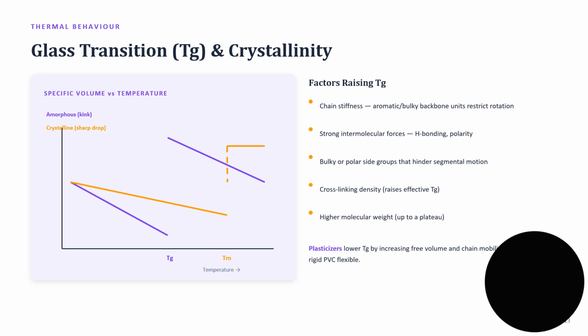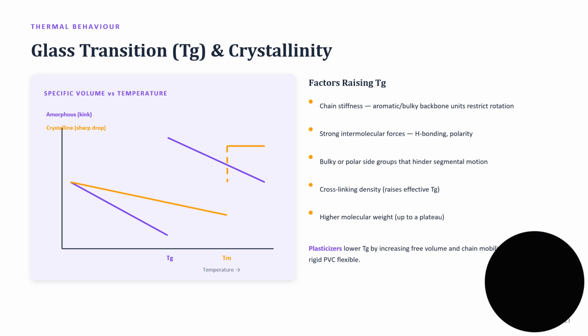Chain stiffness: bulky or aromatic groups in the backbone restrict rotation and raise Tg. Strong intermolecular forces like hydrogen bonding or high polarity restrict segmental motion and raise Tg. Bulky or polar side groups do the same. Higher cross-link density raises the effective Tg because cross-links physically restrict chain mobility, and higher molecular weight raises Tg too,